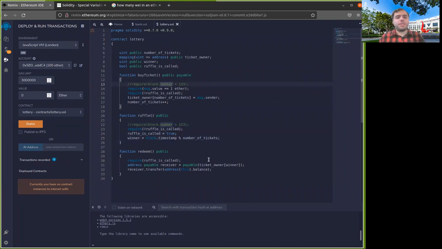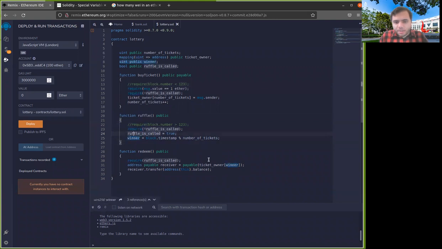But again, times are not something that we can depend on, because the timestamp is something that is set by the miner of the current block. So instead, what we would do is talk about block numbers. And because a block appears at roughly predictable times, the block number is a good estimator of the current time. So it makes sense to say, I would be able to buy tickets for, let's say, the next 100 blocks, or that I would be able to do Ruffle after that. Okay, so anyway, I'm going on too much of a tangent here.